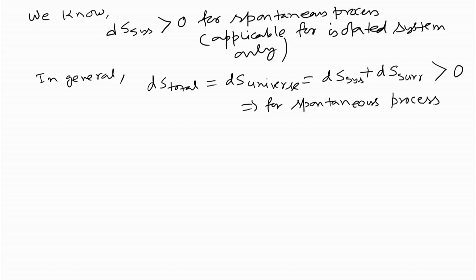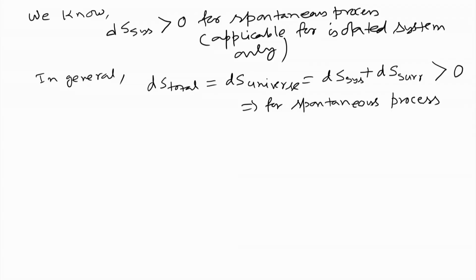So, in order to judge whether a system is a spontaneous or a non-spontaneous process, we need to calculate two different quantities, right. One is dS system, another is dS surroundings. We will then sum them up and calculate dS total or dS universe, and then check whether the value of this quantity is greater than 0 or not. Then we can say whether the process is spontaneous or not. Okay. So, in general, we need to calculate